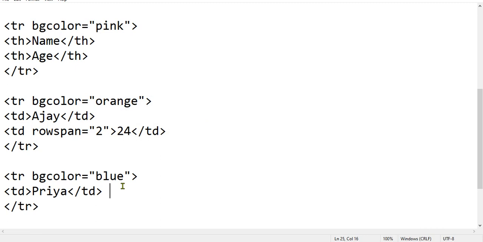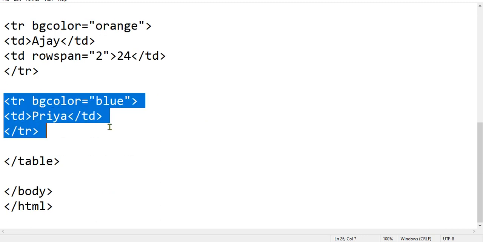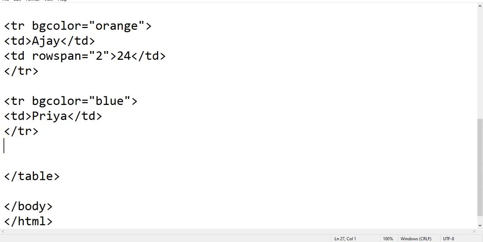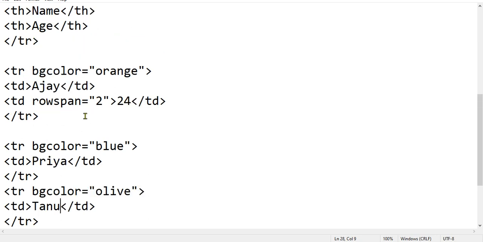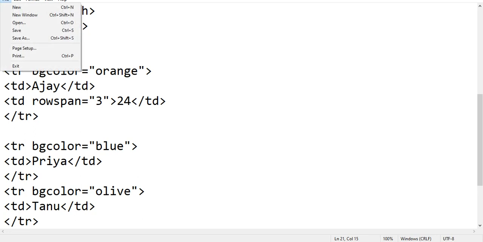Now suppose I add one more row. You can simply copy and paste. I have added one more row, and if I increase rowspan to 3, then what will be the output?